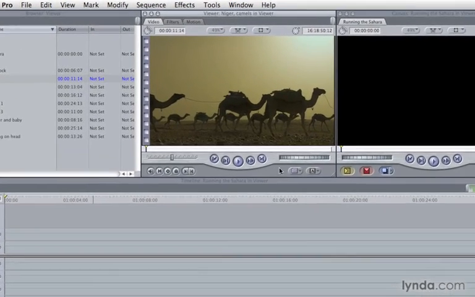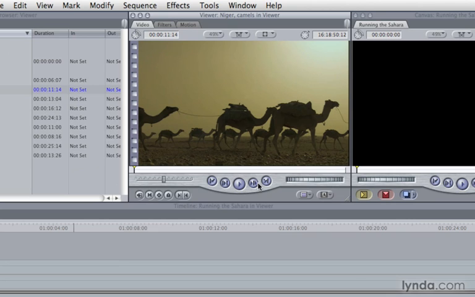Now, as you can see in our viewer, there's lots of buttons, and these buttons reflect what you would see on a simple VCR. Play, rewind, fast forward, lots of sliders. Well, these are fine for the average viewer, but if you really wanted to edit smart and fast, you need to use keyboard shortcuts. So the first thing we're going to do is learn how to use keyboard shortcuts to